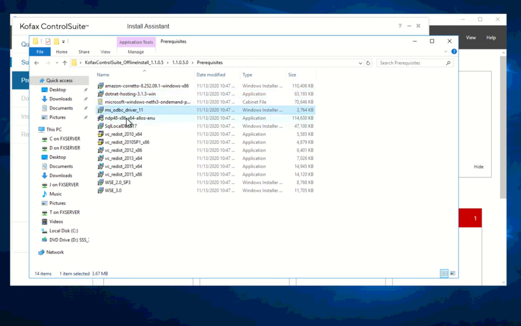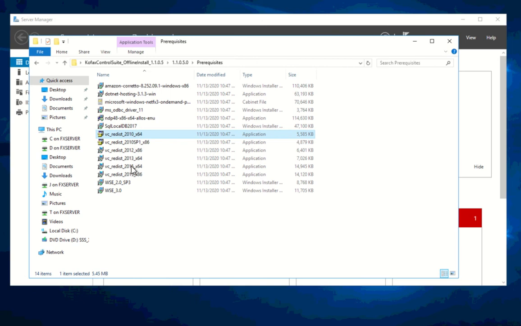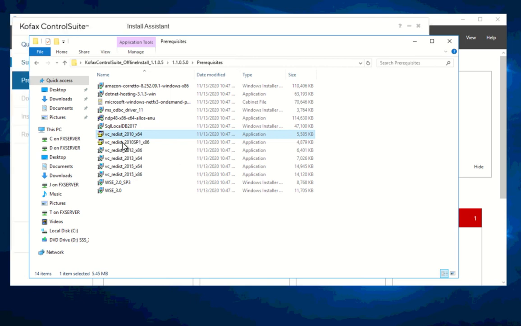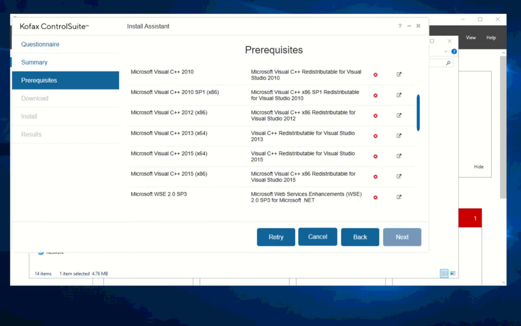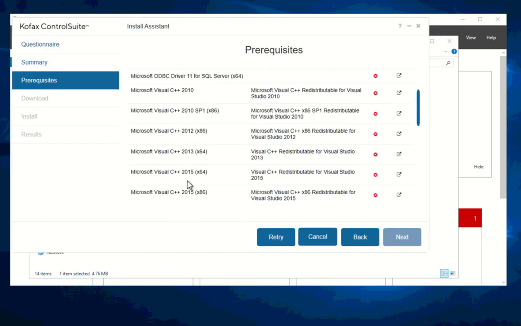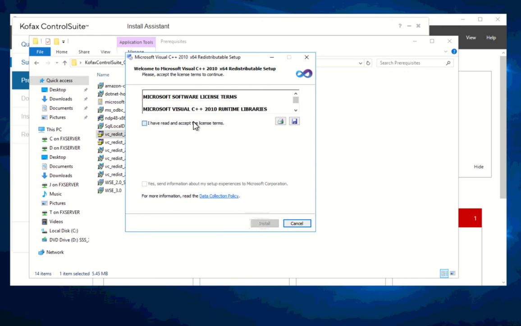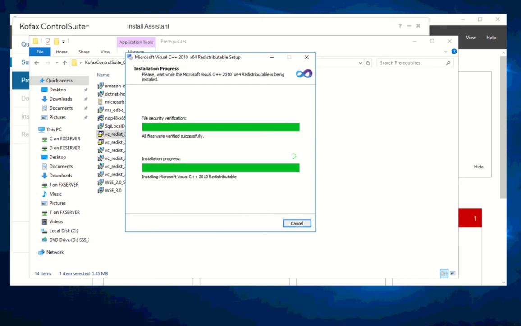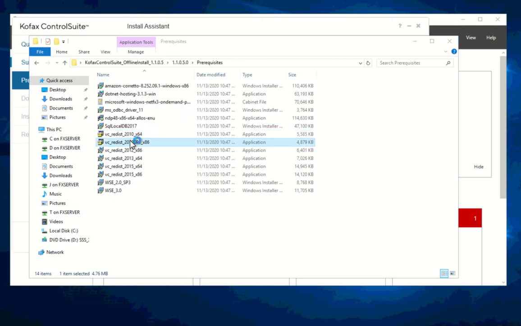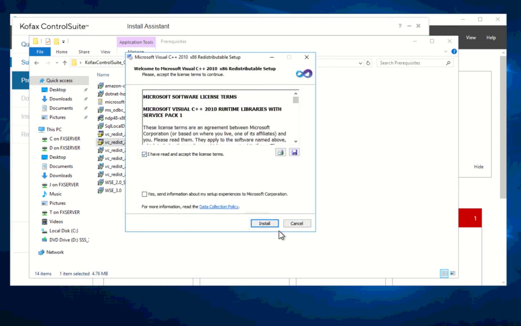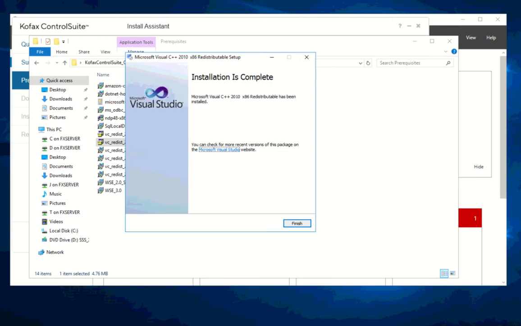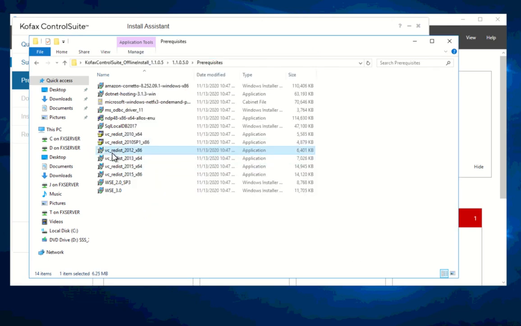I'll proceed with installing our Visual C++. So let's install them all up. It has a 2010, 2012, 2013, and 2015. So they're all here. We'll start with 64-bit. All right, finish. Install this 32. All right, finish. We'll install the 2012